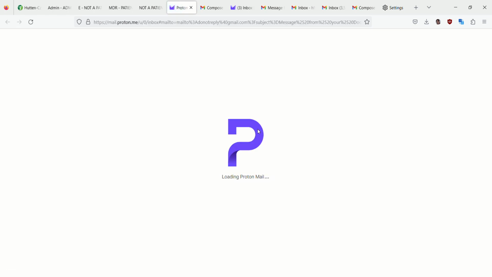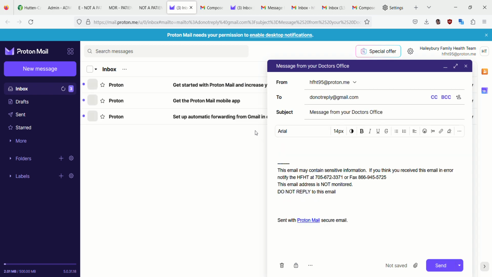We've already logged in, so we don't have to log in again. And we have the message window composing capacity here. So you can see that the message from your doctor's office is the subject that comes from the Oscar link. You can change it, of course. It goes to the patient's email, which is the patient's address at Gmail. And we can say, let's go ahead and